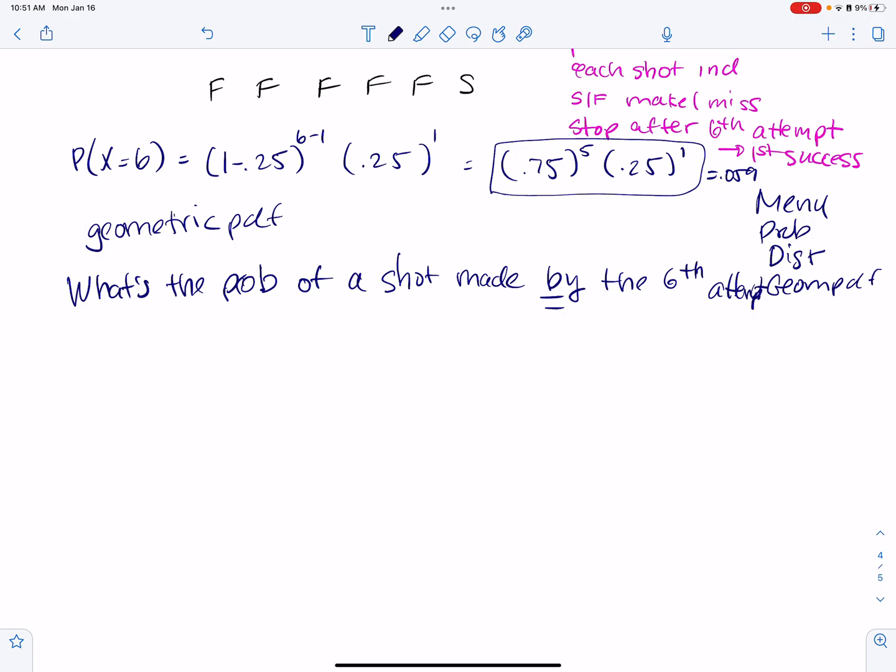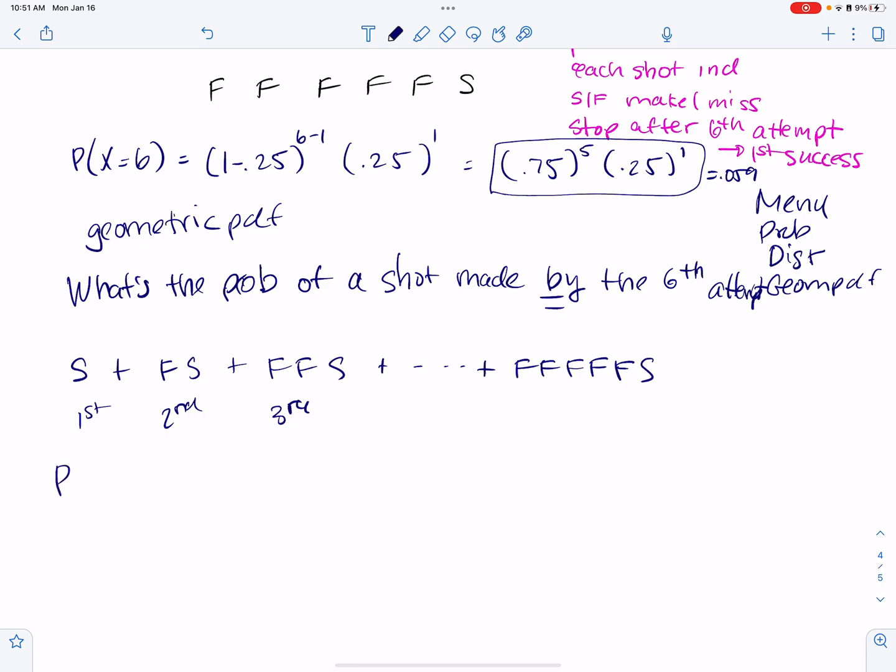So I'm asking for the success on the first time, plus failure, success, plus failure, failure, success. So this is the first attempt, the second attempt, the third attempt, all the way to the one we just did: fail, fail, fail, fail, fail, success. That's what I'm looking for. I'm looking to add up all the probabilities of succeeding by the 6th time. So the way I would do that is I would say x is less than 6 for this one,